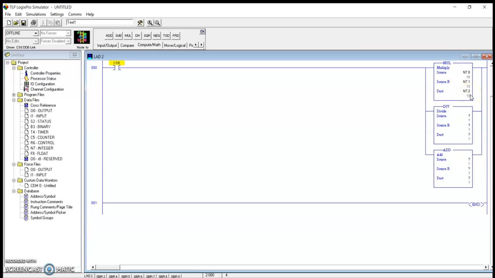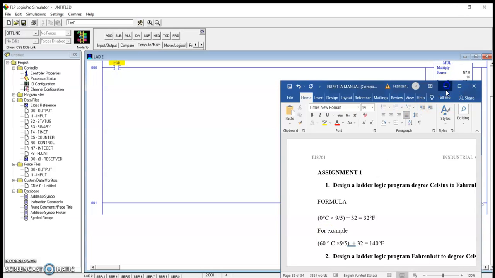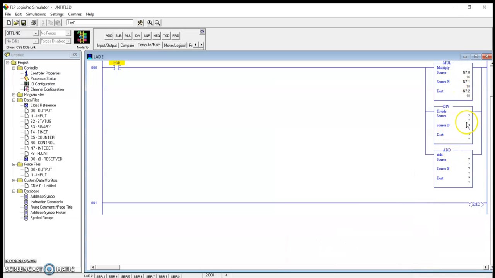Now this one only we are going to divide by 5. So the same address we need to give over here, that is N7:2, and the next one is N7:3, and we are going to enter 5. Both we are going to divide and store in the destination N7:4.